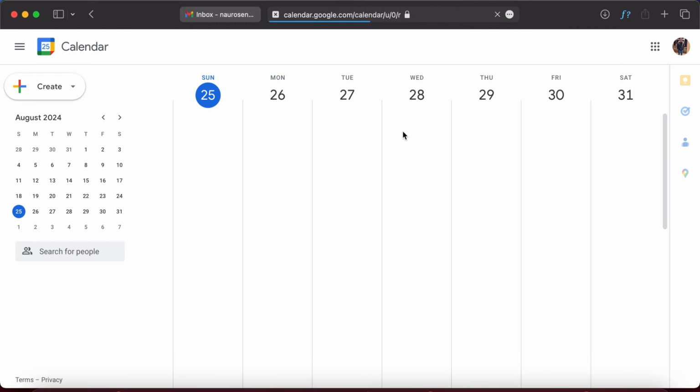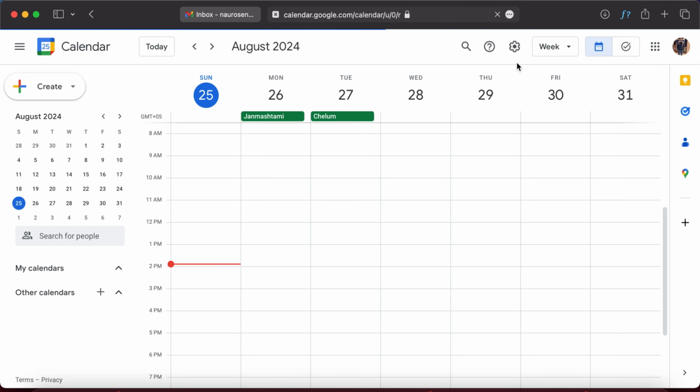When the calendar is completely open, all the options appear. You can see all the options here. You just need to click this gear. Click this and click on print. When you click on print,